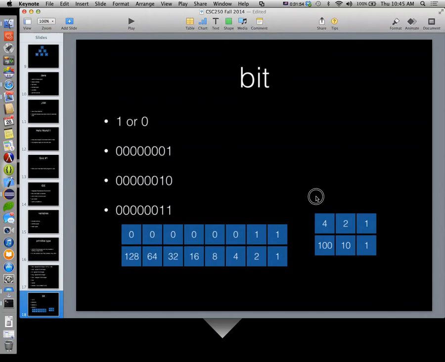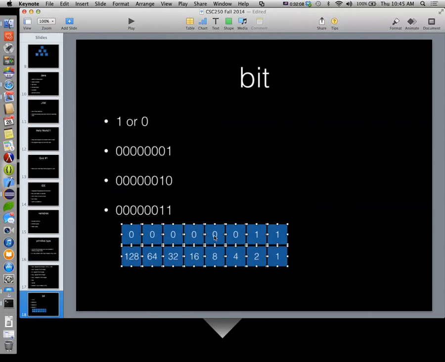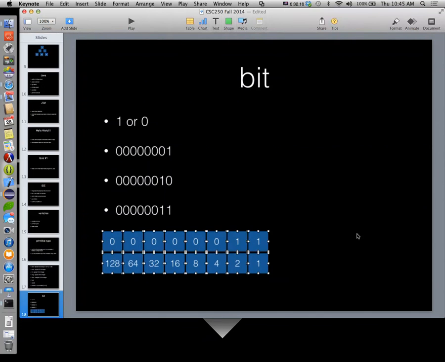So, computers. Computers like binary numbers. Why is that? What's good about binary versus decimal?